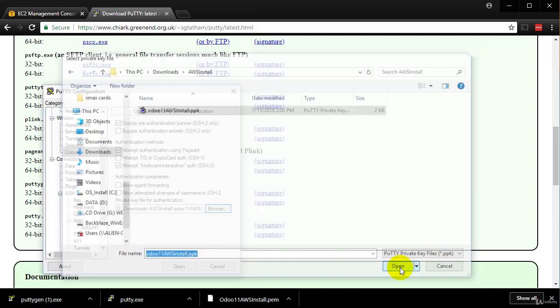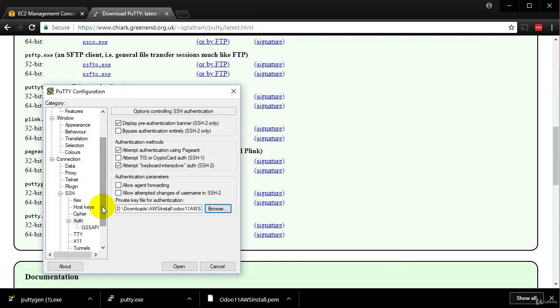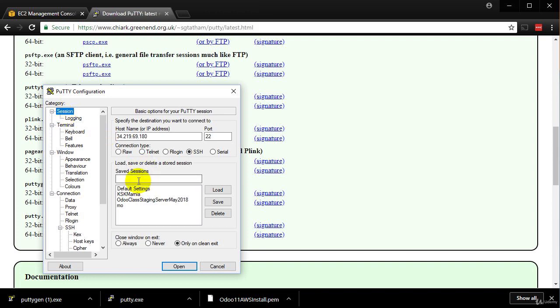We open, and let's come back up here to our session. So I click back on sessions again, and let's give it a name. We'll call it AWS Install Odoo 11, and you're going to click save here, so it'll save it and you'll have it for later. And now we can click open,